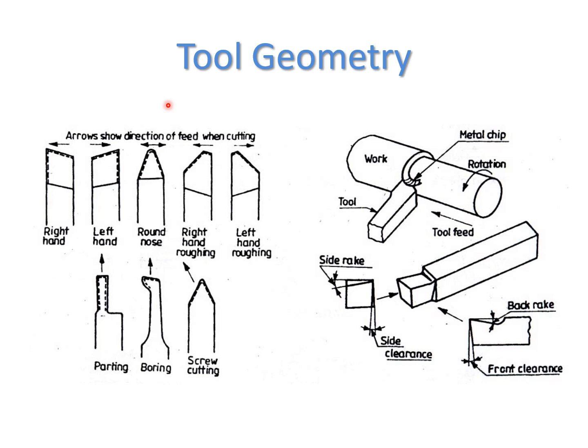Here you can see that tools may have different geometries according to their use. For different purposes, there are specific tools. Like the first, these two tools are used for cutting purposes. Tools are generally characterized as left hand or right hand tools. Normally the direction of a left hand tool is away from the spindle. Like you can see, its direction is pointed away from the spindle and towards the tailstock. And the right hand tool, its direction is toward the spindle and away from the tailstock. Generally, the right hand cutting tool cuts while moving from right to left, and the left hand tool cuts while moving from left to right.